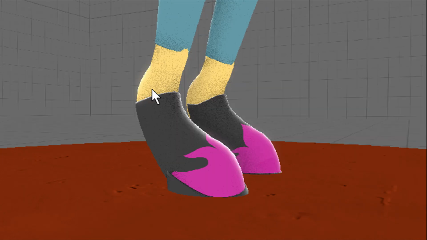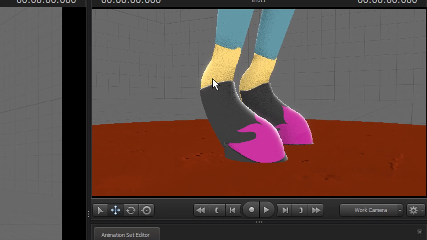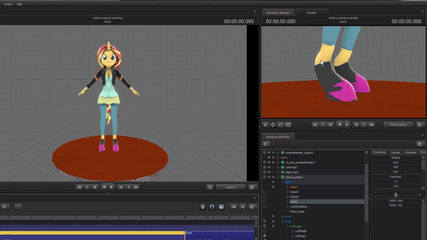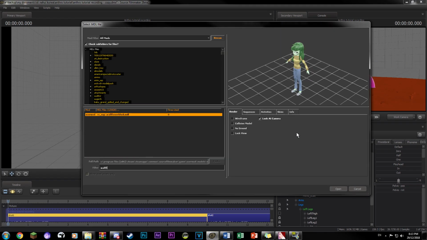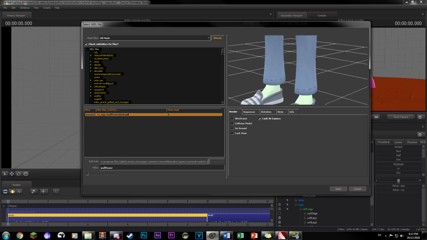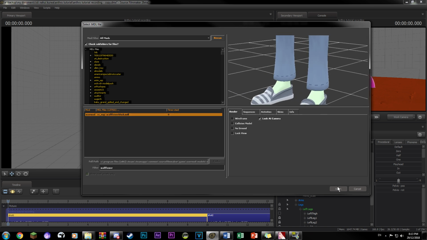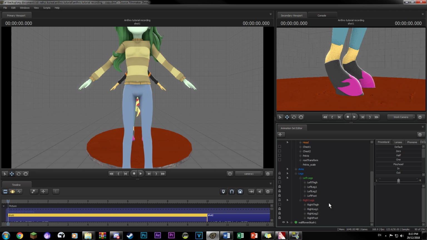Instead of trying to maneuver the boots up to cover that gap, because it's nigh impossible, we can give the illusion of the boots going up further than they do by covering that gap up. The model for Wallflower Blush, also made by Syndrome, has jeans that have loose cuffs on them, unlike with the skinny jeans on Sunset's model. We can utilize these jeans to cover up that gap above the boots.